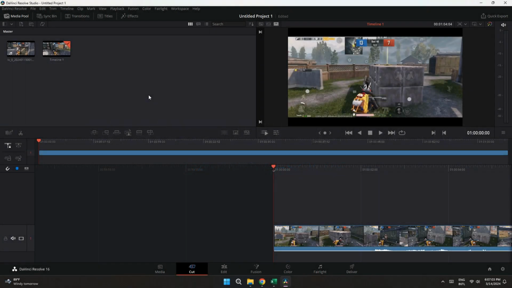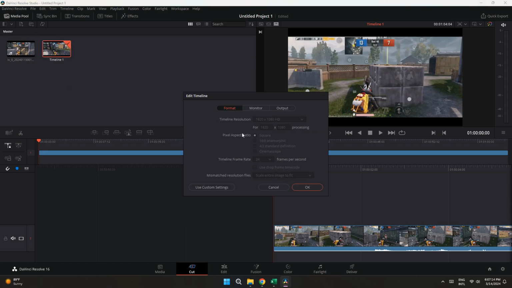Alright, let's begin. First of all, open the DaVinci Resolve software on your PC and start by creating a new project. After that, you will be sent to this editor. Now import the target video, then add it to the timeline by clicking and dragging it onto the timeline at the bottom. Once done, right-click on the video inside the media pool section at the top and select Timeline Settings